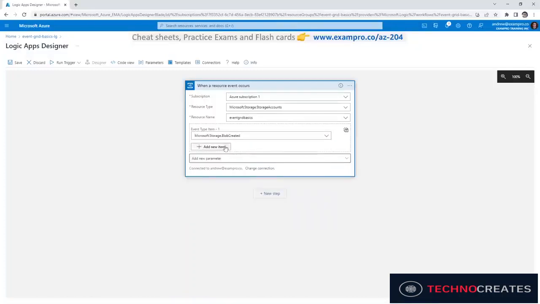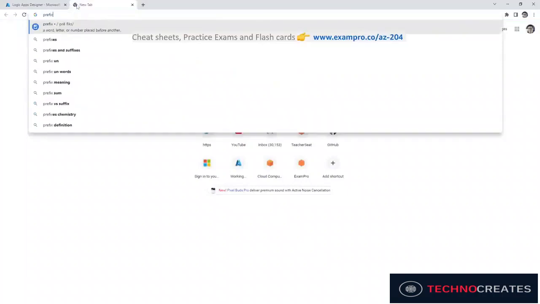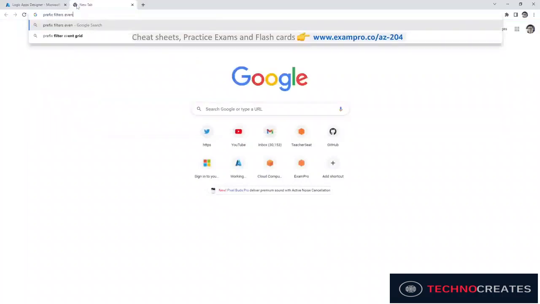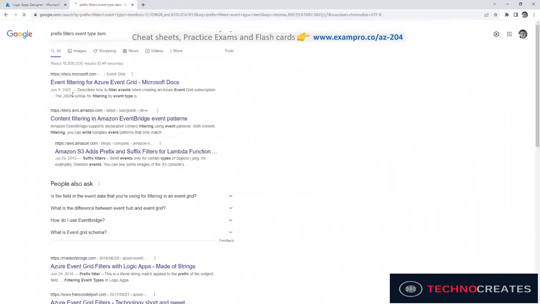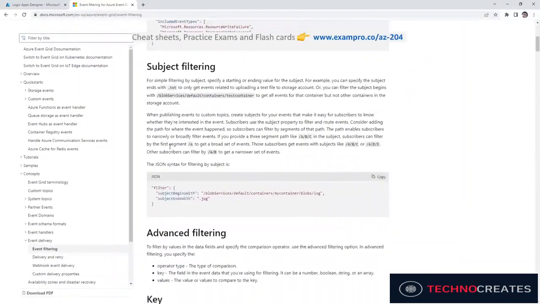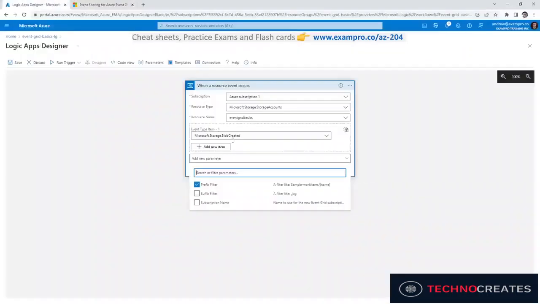And then from there, we need to actually filter the information. So we need to add a new parameter, and I think we'll have to do it on the prefix filter. So a filter like whatever. Yeah, that's probably a good idea, because then we could place it into a particular place. I believe there are very specific filters that you can do for this, because if I recall, there's standardized ones. Yeah, see here, it's always going to be /blob, services, default, containers, etc. You'll know that because if you read the documentation, you'll figure that out. So I'm just going to type it by hand here: